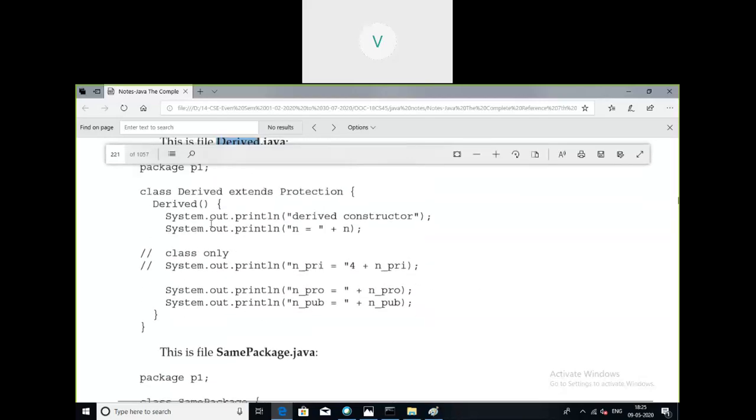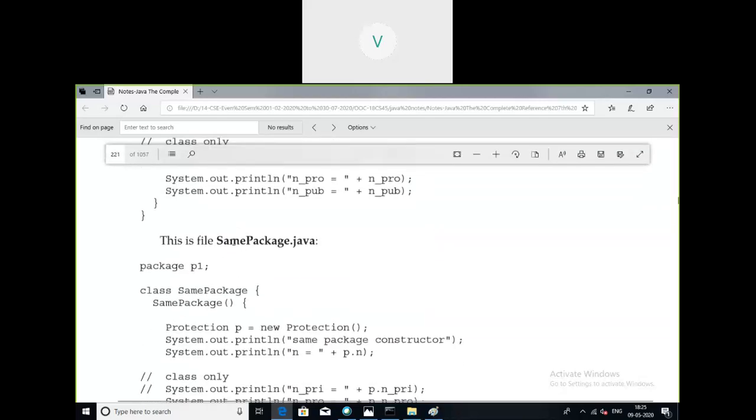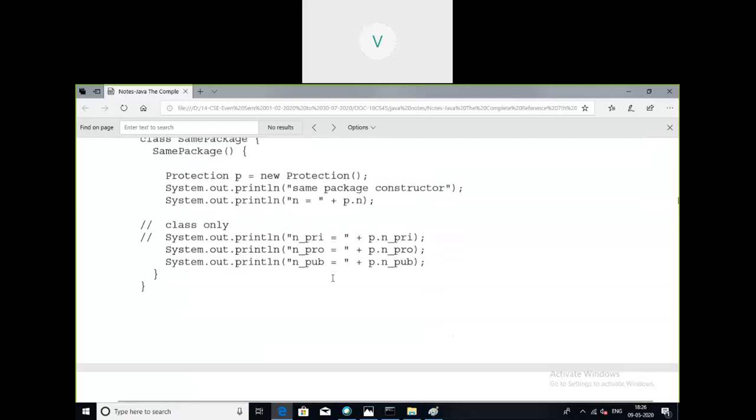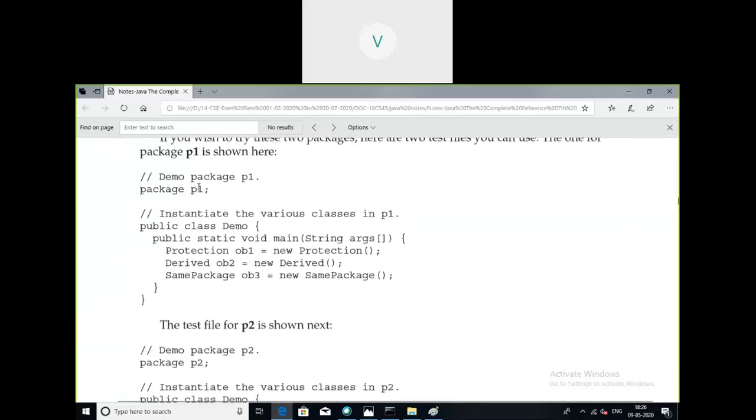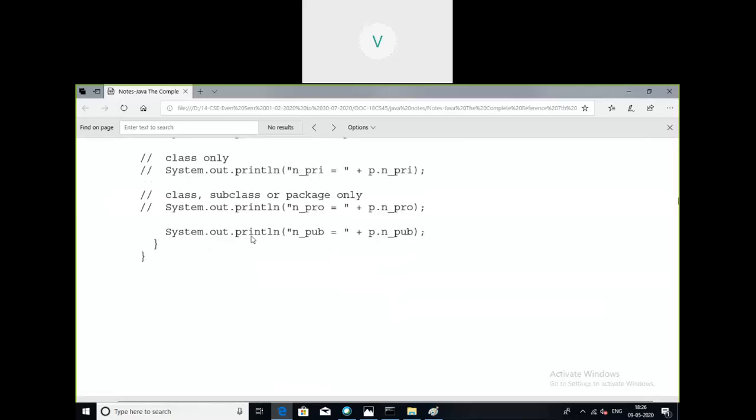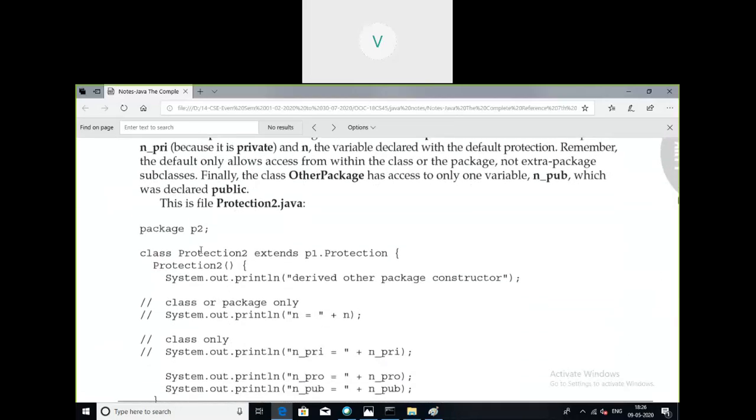Derived.java must be present in the same package P1. Same package.java should be present in package P1. That means three source files are present in package P1, and there is one more source file called demo, that is also present in P1 for demonstration purposes. You should create this before the explanation.